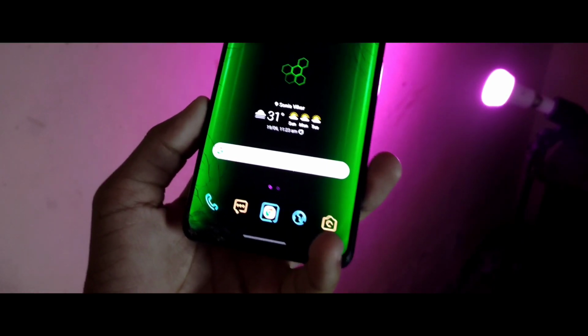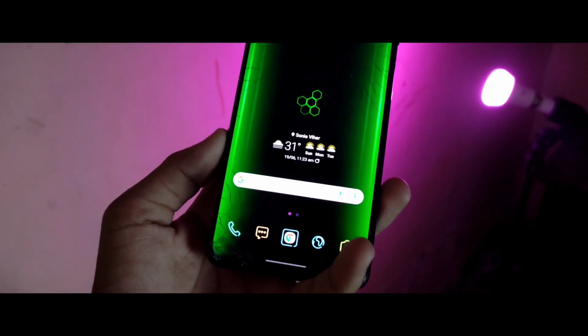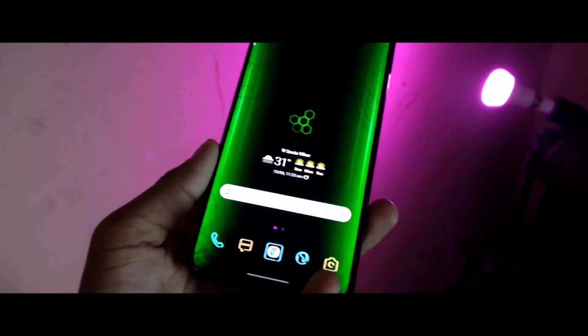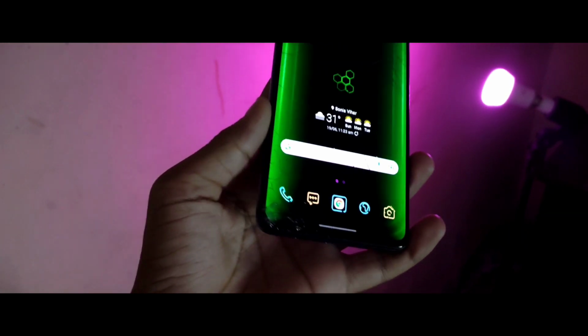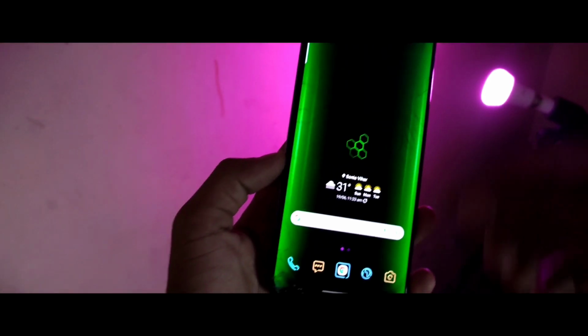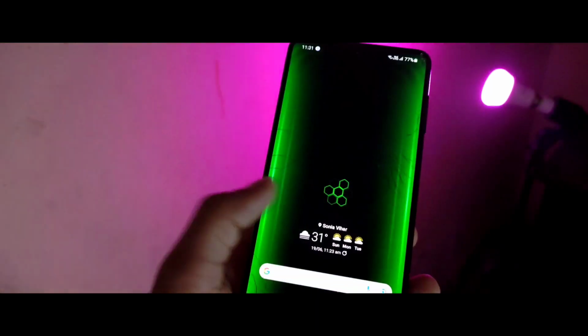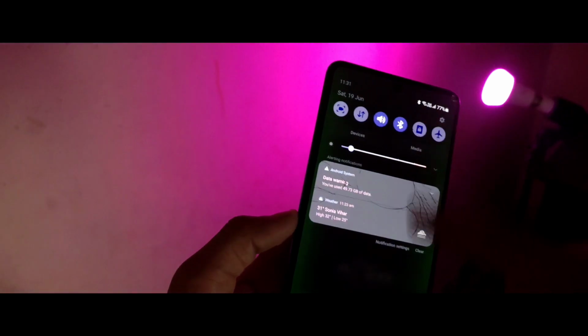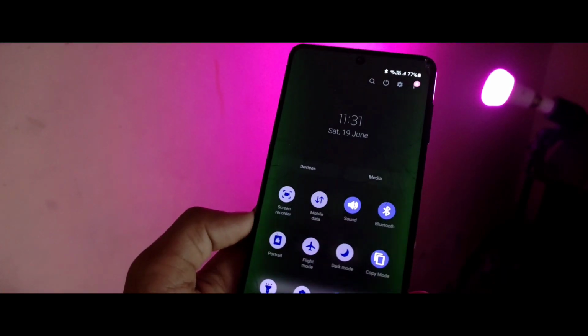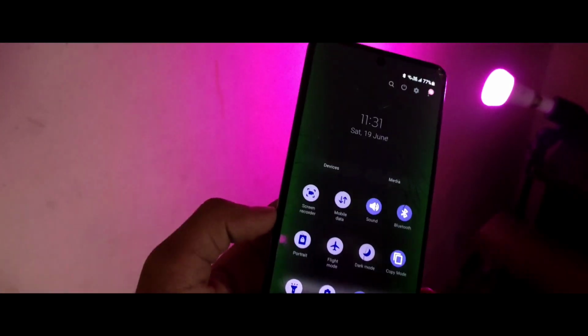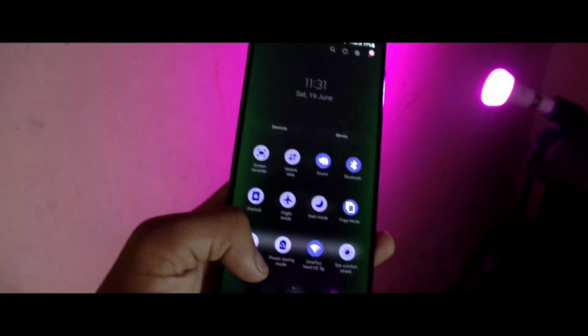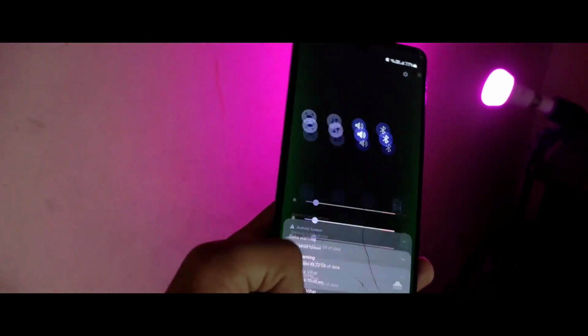The fifth theme of our list really looks amazing with some new and different types of accents. You can see that this theme has a really nice-looking wallpaper with a green accent. See that the notification panel of this theme really looks amazing with a purple accent color, and the background of this theme is black.